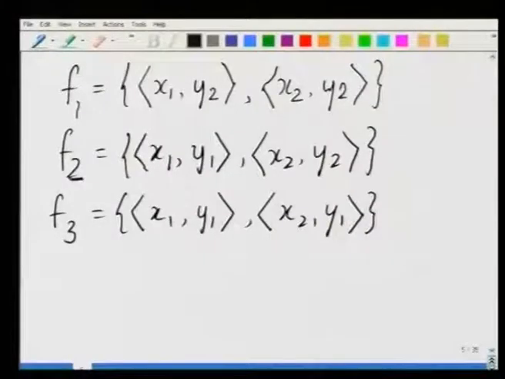In fact, with a set X consisting of just 2 elements as we have chosen, and with a set Y consisting also of just 2 elements, it would be a good exercise to find out how many different functions can be formed. So, perhaps the student can take this up as an exercise. How many different functions